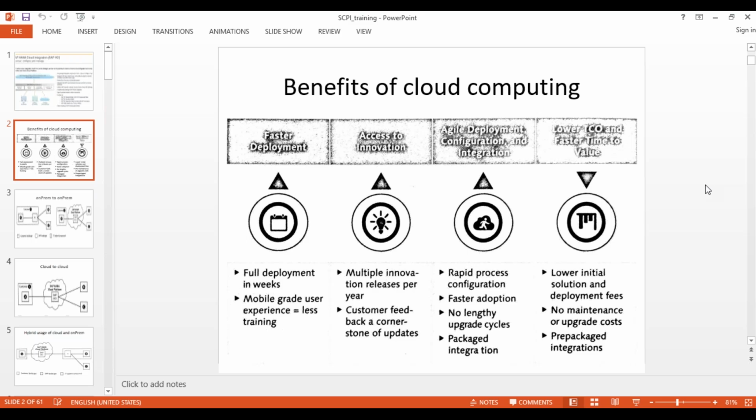So when it comes to agile deployment, the methodology has also changed here. By using DevOps or Scrum, the moment you complete one application, it can go live. Configuration and deploy, so no need to wait for the entire project to be completed. Rather, you can finish your part and move to the production system. So that is about agile deployment. And next, lower TCO.